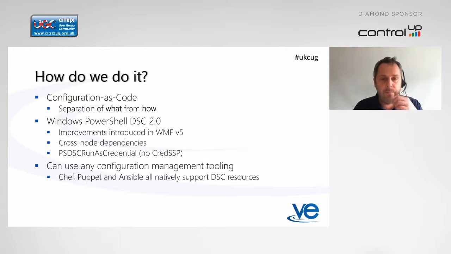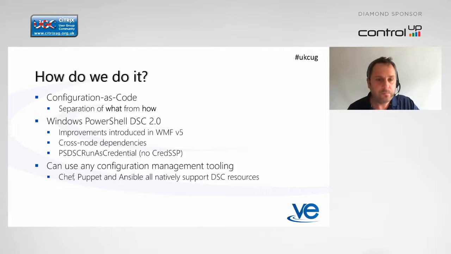And also the built-in keyword for when we're running a DSC resource, we can tell it under which user credential to run. So this gets around the restriction in version 4, where everything was running as local system, and then you had to configure CredSSP because Citrix needs to install as a domain account. Local system's not good enough, so you end up with a whole load of double hop and CredSSP nightmares that I went through 5 years ago. A lot of those issues are no longer applicable, but certainly stick with WMF5,